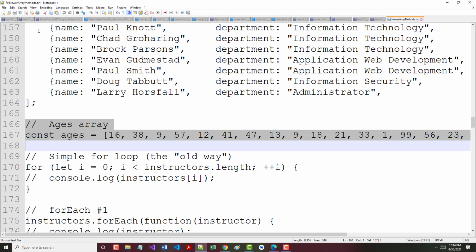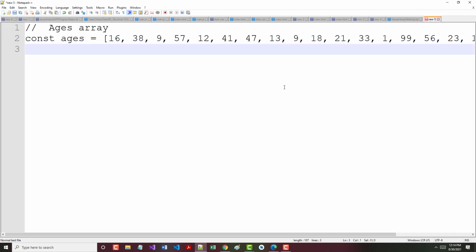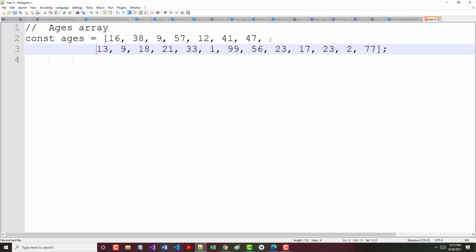So let me grab that and open up a new window in here. All right, now I'm going to put this on multiple lines. You typically wouldn't do this, all right, but I'm going to do it just so I have enough room. All right. Now,